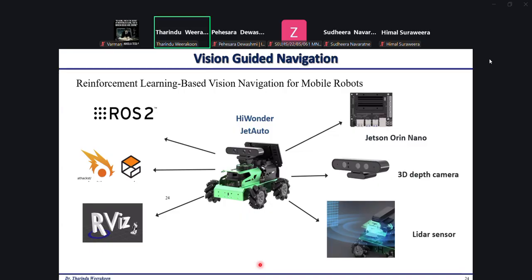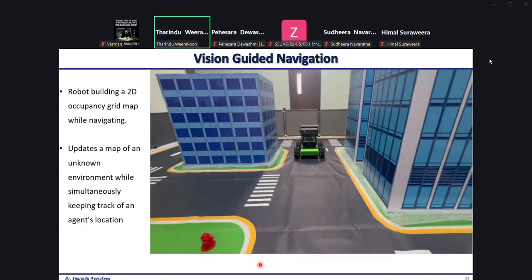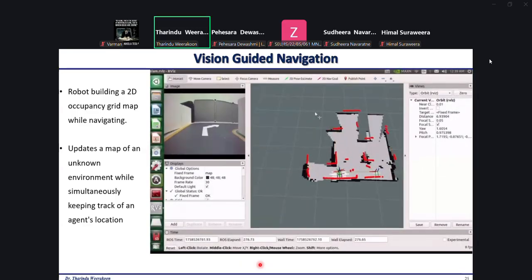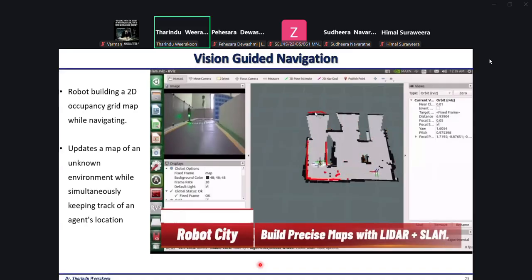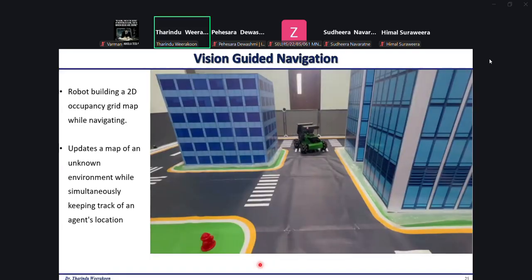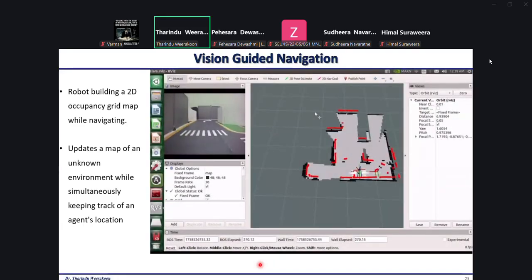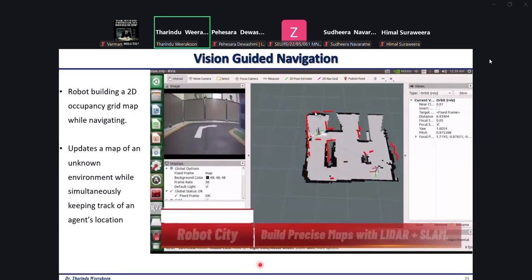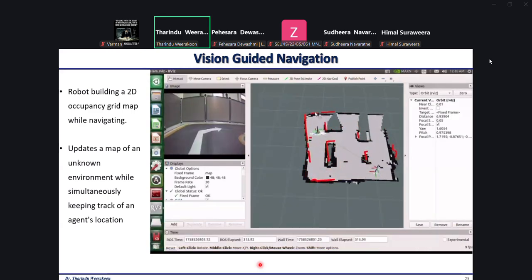We have implemented that in our robot platform along with other traditional and well-known algorithms, for example, SLAM and other obstacle avoidance algorithms, apart from this learning MPC. So this is a part of our research work.